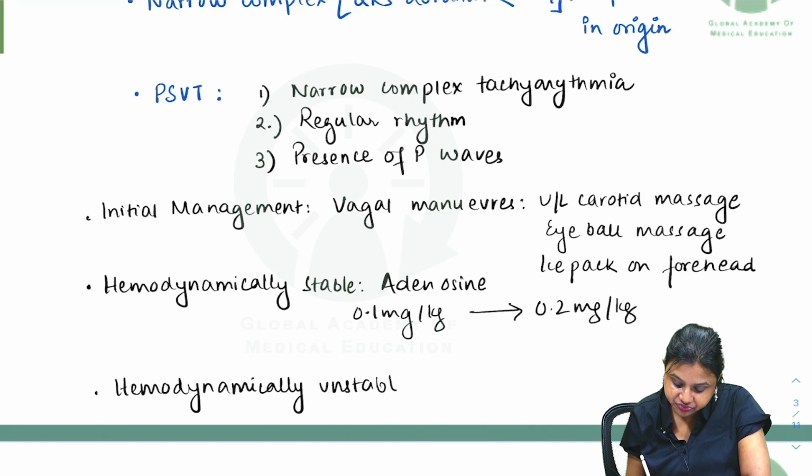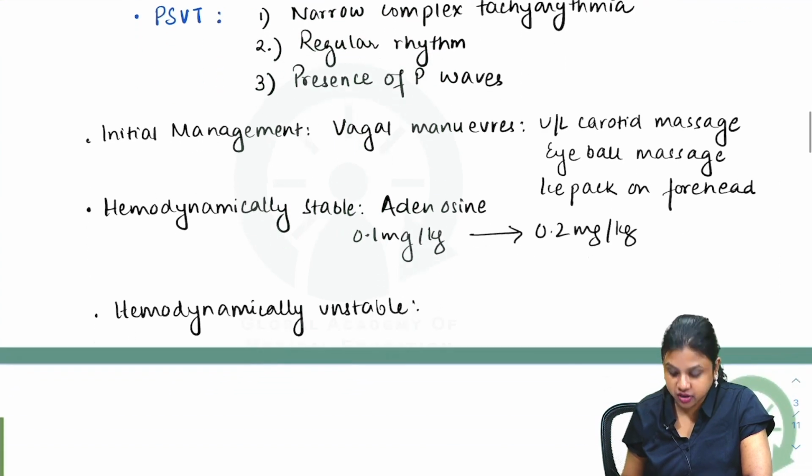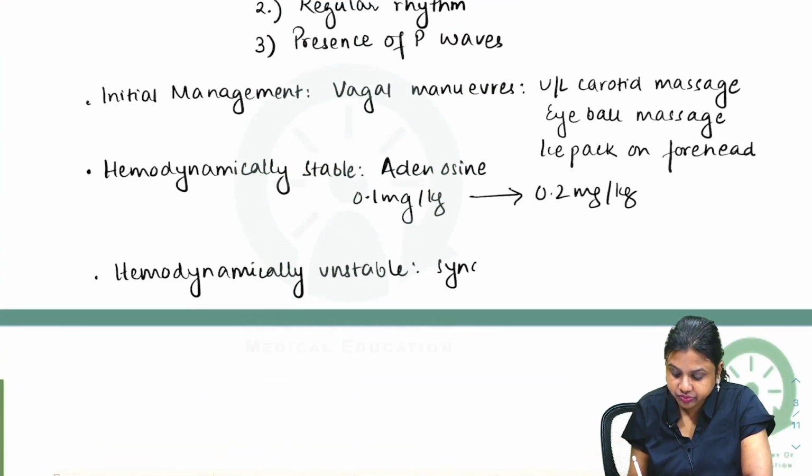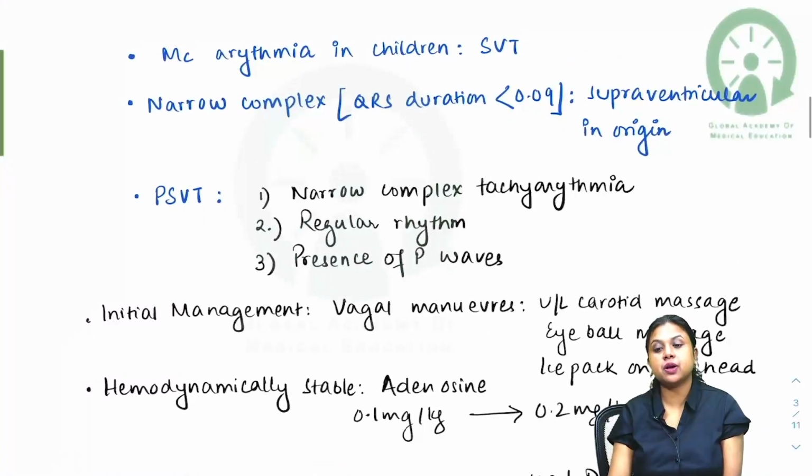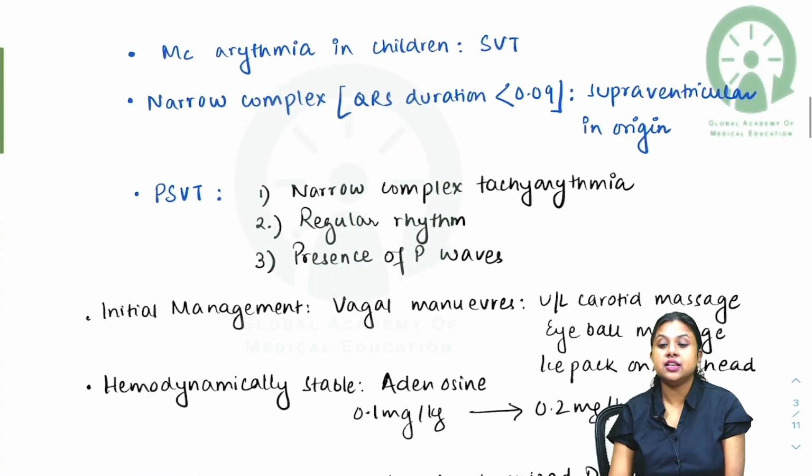we go for synchronized cardioversion, again we start with 0.1 joules per kg and we can increase to 0.2 joules per kg. So revising it once more. So most common arrhythmia in children is SVT. It's a narrow complex